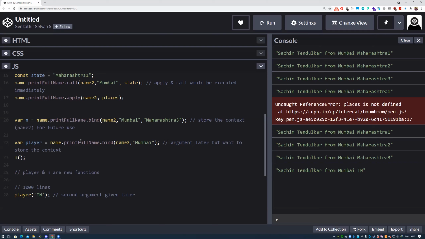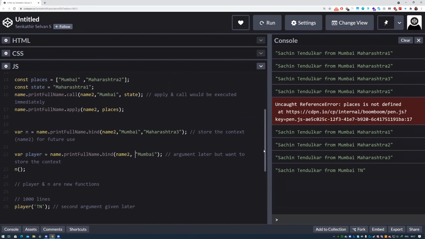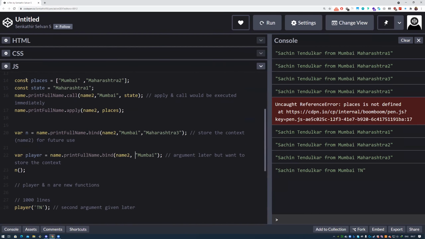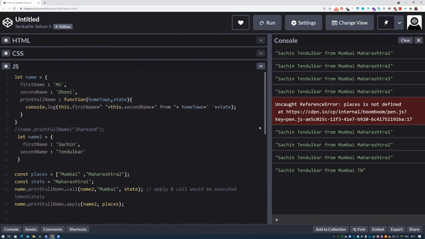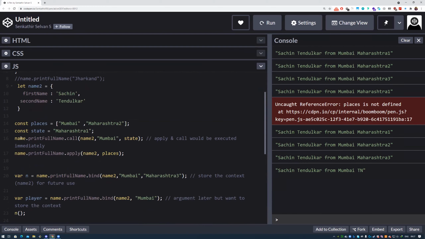Is spread a kind of replacement for apply? Yeah, it's true. What you can do is, let's say I want to use this array, and I want to use call. I can do that, right? How can I do that? People, can you guys tell me? If I want to use this array and I want to use call, do you guys know how to do that? You know how to do it with apply. Let me know how I do it.